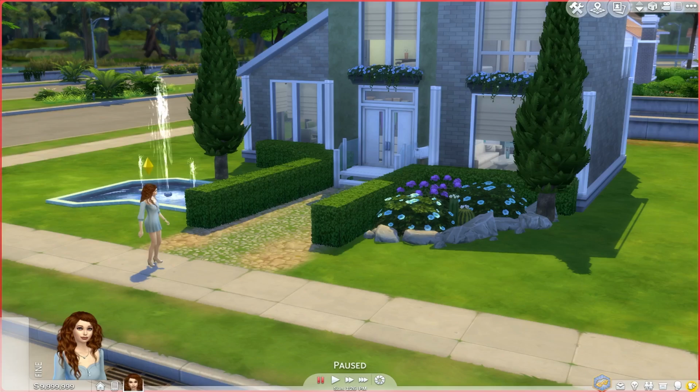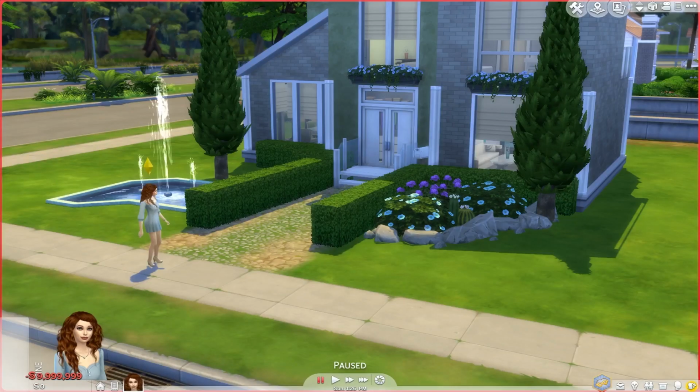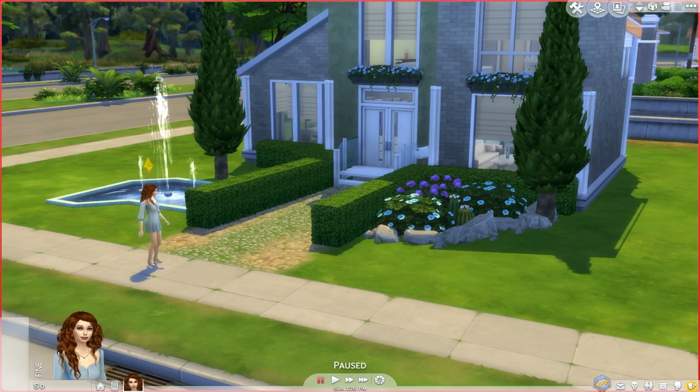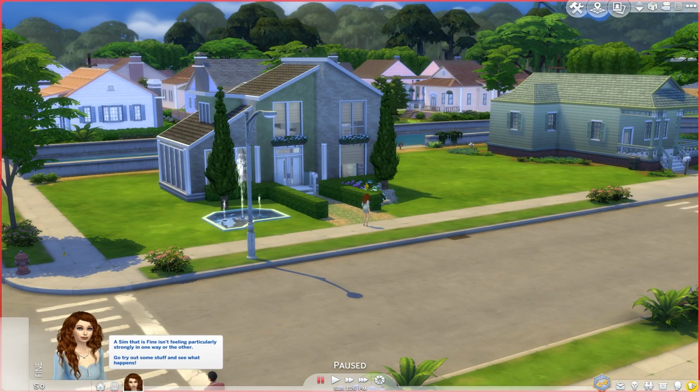Isn't that great? Also, if you want to be poor, you can also set it to 0, type in 0 over here and then set it. This one is useful. Especially if you're doing the rags to riches challenge, you can easily adjust your Sims 4 household funds, basically. Okay, so now that we've talked about this money feature that this UI Cheats mod offers us,